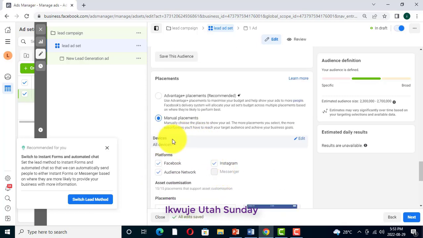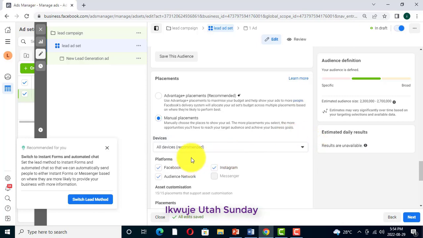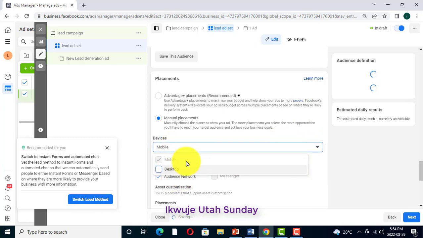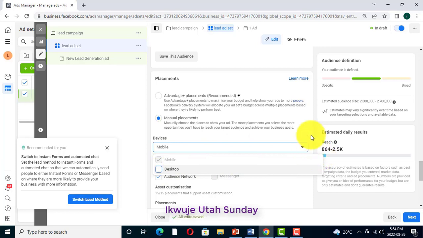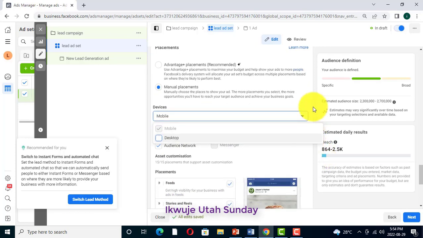So you see devices. Which device do you want your ad to be shown on? Like I told you, most people access their Facebook using their mobile devices. So I'll click on edit and select mobile devices. Only a few people use their Facebook through desktop. Okay, so once I'm done with that,